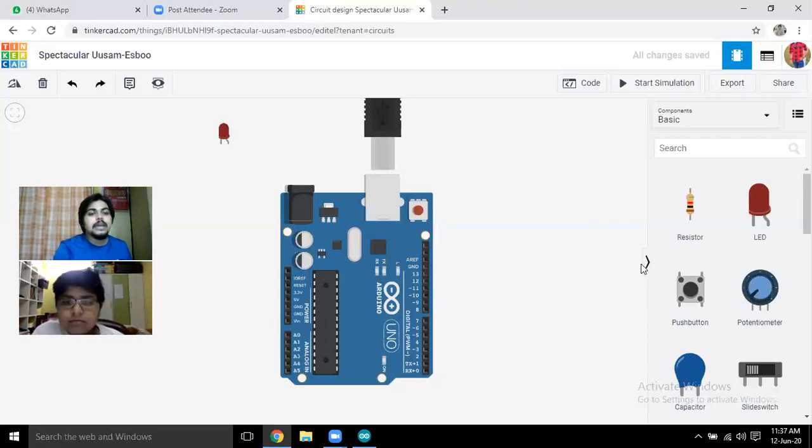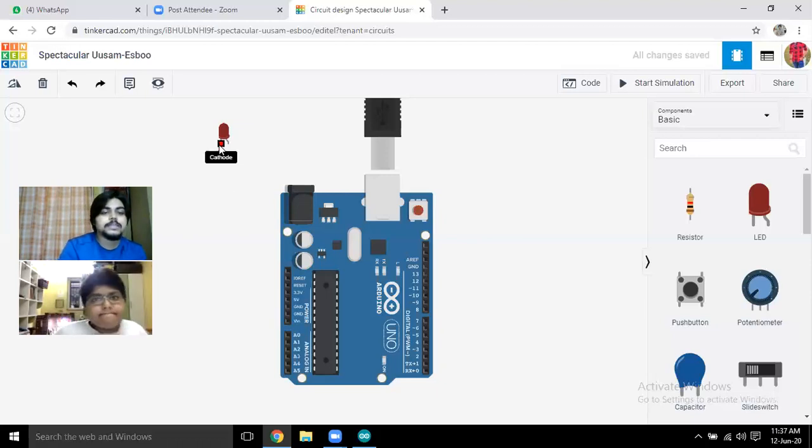Here in this Tinkercad, you will see that the longer strand, the anode strand, is a bit tilted, and the other one is straight, but both are similar. If we tilt the longer one, then both of the strands will be similar, right? Otherwise this strand would be longer. So it shows that the right hand side strand is longer than the left hand side strand. The shorter strand is always negative and the longer strand is always positive.